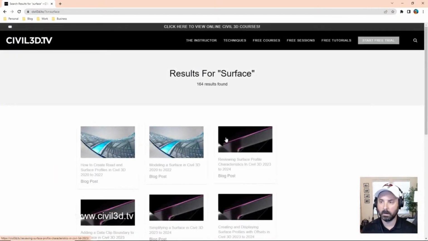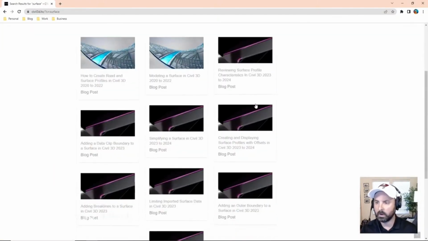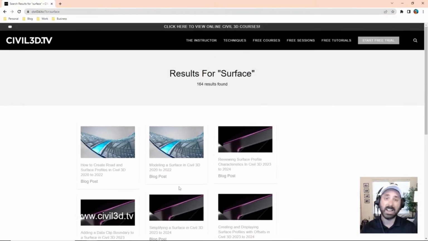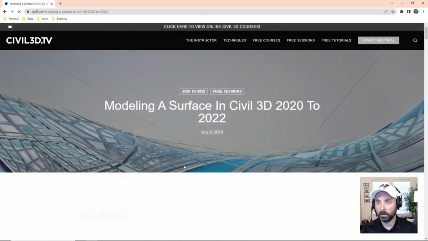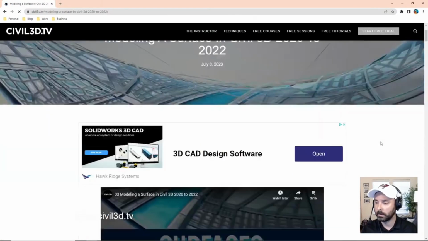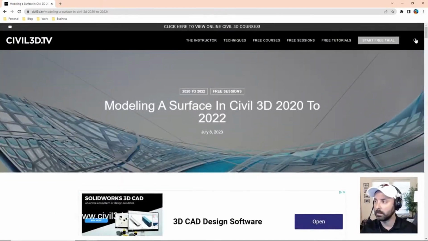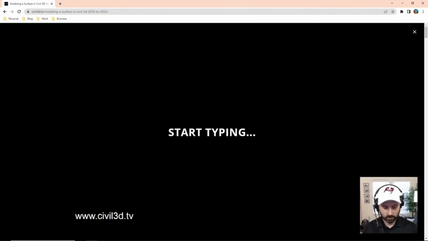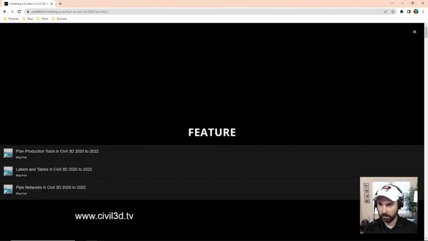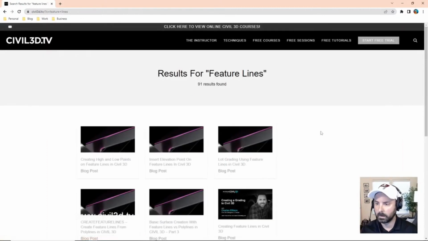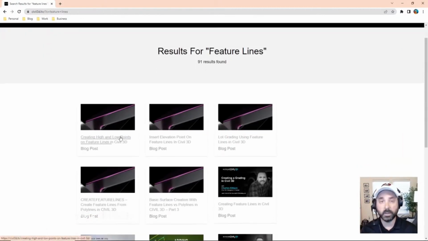Press enter. And then there's all kinds of posts regarding surfaces. So it's a nice way of being able to pull up information rather quickly. If you need to learn something about, I don't know, feature lines, type in feature lines, press enter, and we've got some information on feature lines.